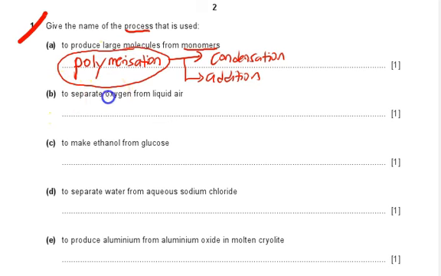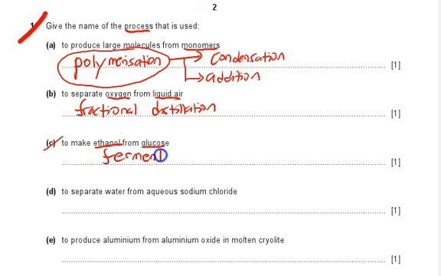The next one, to separate oxygen from liquid air. This one we are going to use is fractional distillation. C, to make ethanol from glucose. This is a fermentation process. The next one, D, to separate water from aqueous sodium chloride. Aqueous sodium chloride is a soluble salt. So to separate the water from aqueous sodium chloride is the distillation